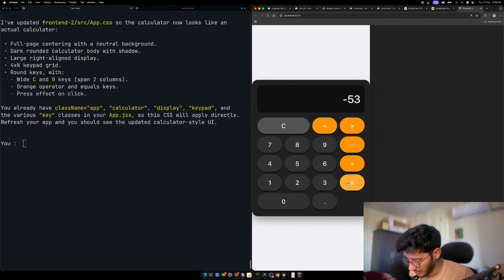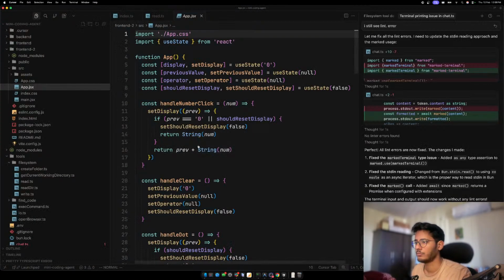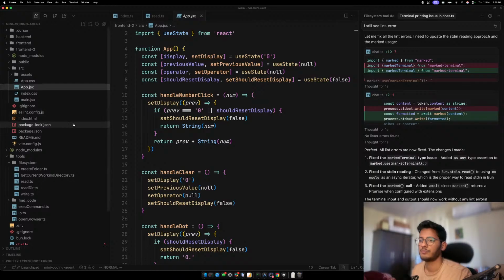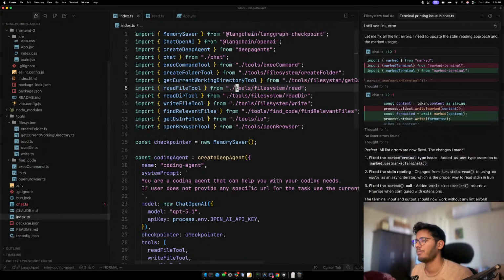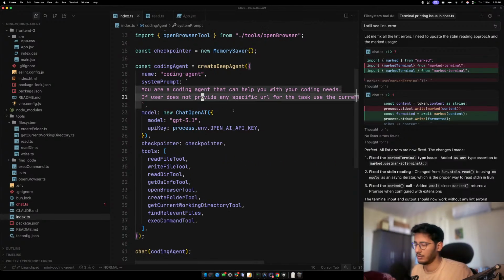This is awesome. I just have to make the ability of this bot to explore the code base a little bit better. I'm just thinking how I can do that. I think it's just simple prompting. So